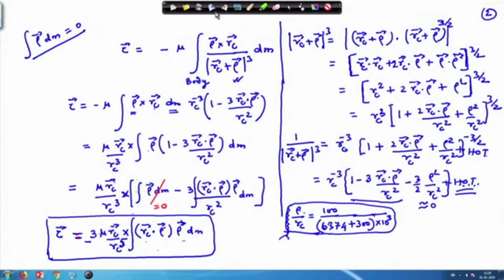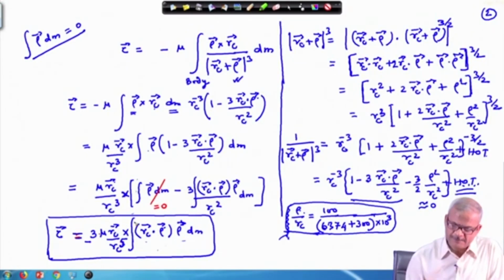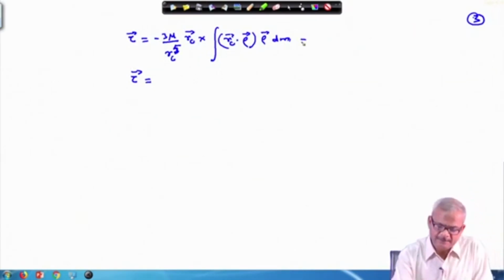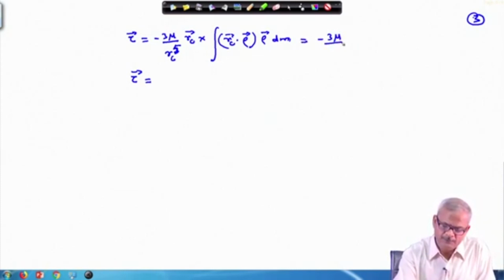So, this previous equation we have copied here in this place. Okay. Now, this particular equation, it can be rewritten as 3 mu by R c phi R c cross, and